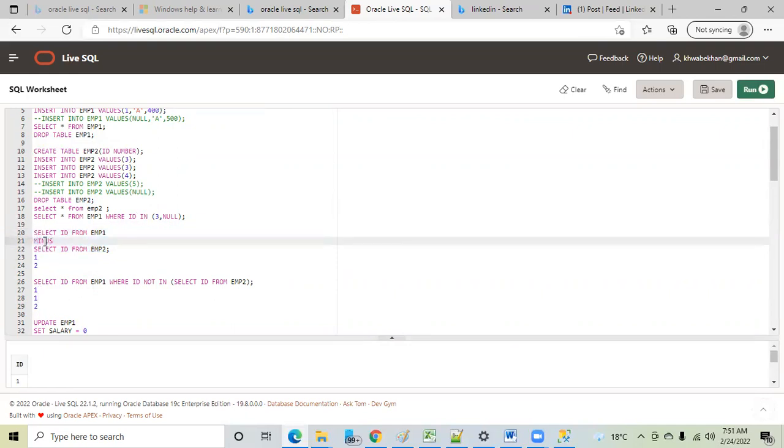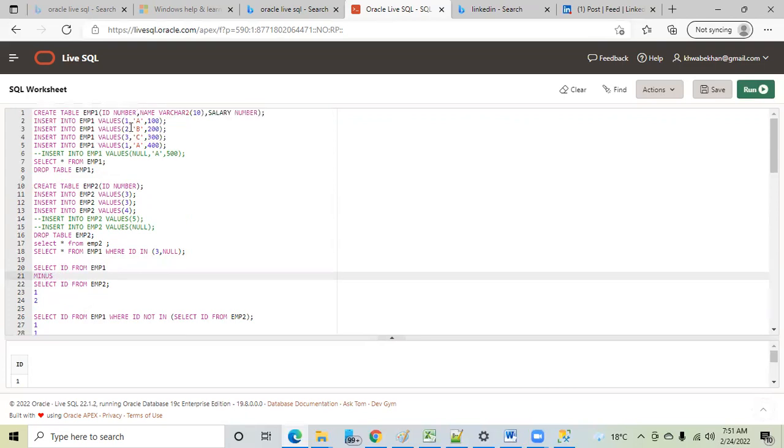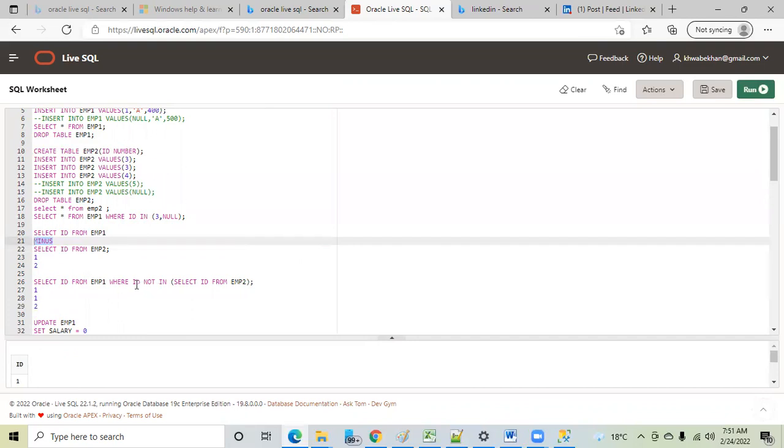I explained this earlier as well: minus by default works on distinct, so it is showing you 1 and 2. 1 was present twice here, but it gives only 1 once because minus works on distinct by default. We have discussed this already. But where I'm using not in, this gives me ID 1 again. Why? Because it will consider the duplicate as well. First, is this clear?